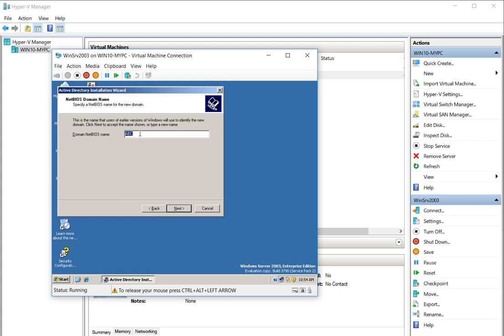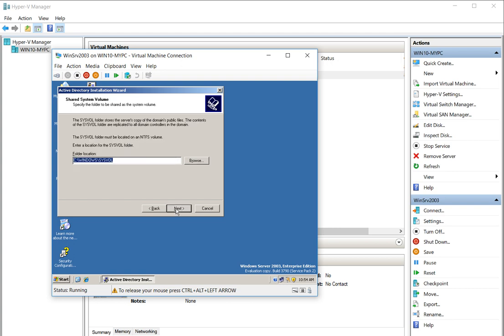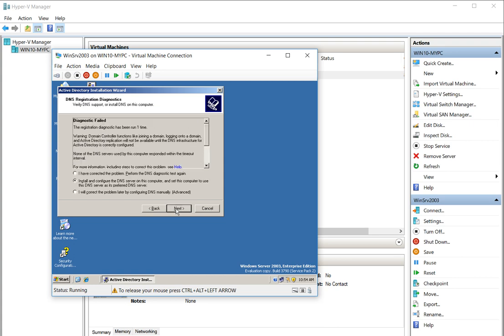And same thing with the domain NetBIOS name. I'm just going to leave it as it is. ABC, and then the C drive for the database and log files, SYSVOL, and same thing for the folder location. And if you are happy with everything,